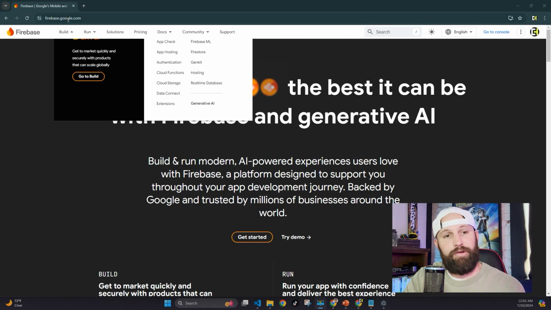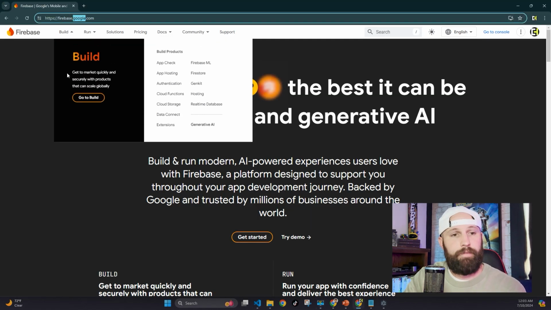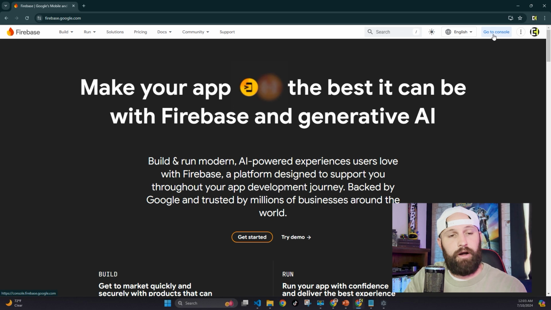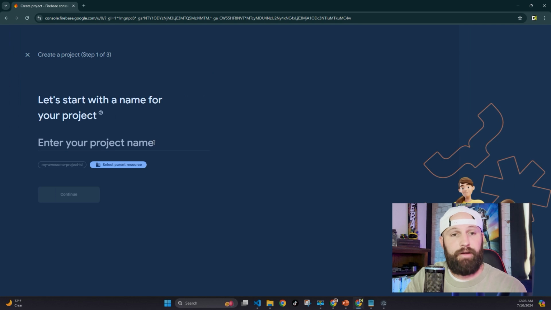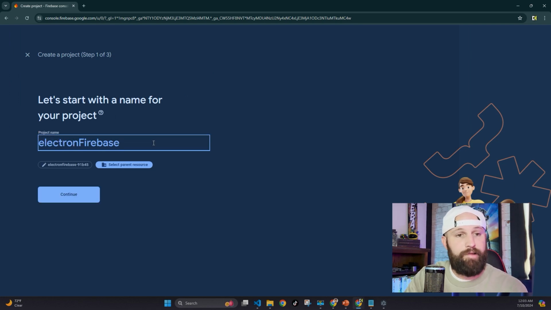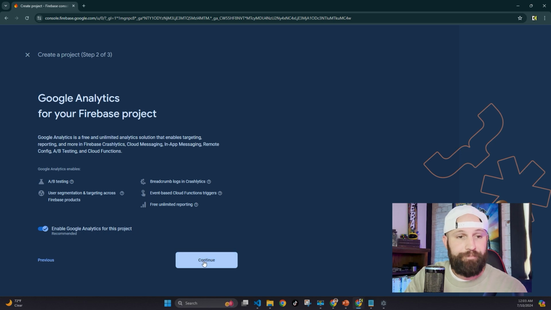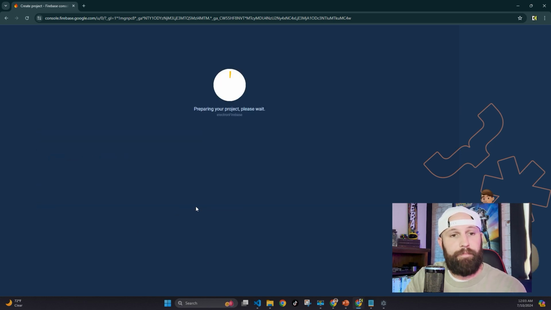Next, open a browser and head over to firebase.google.com. In the corner, you'll see a Go to Console button. Go ahead and select that. And in the console, you should see somewhere a place to add a project. Go ahead and give your project a name like Electron Firebase, then follow all the rest of the steps. It'll take a second to create the app, but once your project is ready, select the bottom and go to